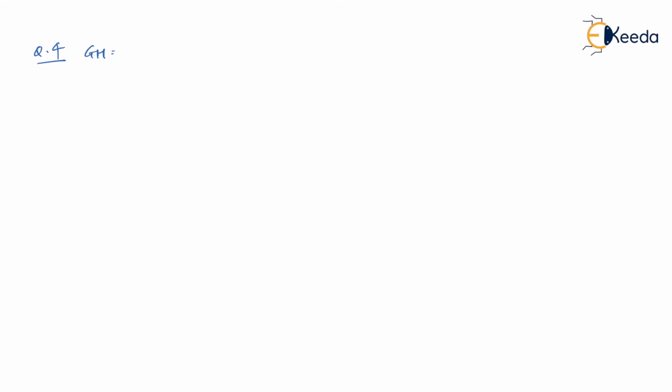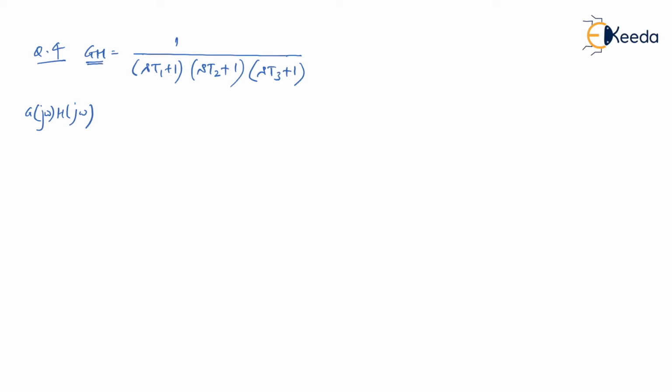So question number 4 is GH equal to 1 over (ST1 plus 1) multiplied by (ST2 plus 1) multiplied by (ST3 plus 1). Again, by substituting S equal to J omega, it will become G of J omega H of J omega. Please look at this. I'm writing GH, but it is not exactly GH, it is G of S into H of S. I'm just writing it in shortcuts to save time. It is 1 over